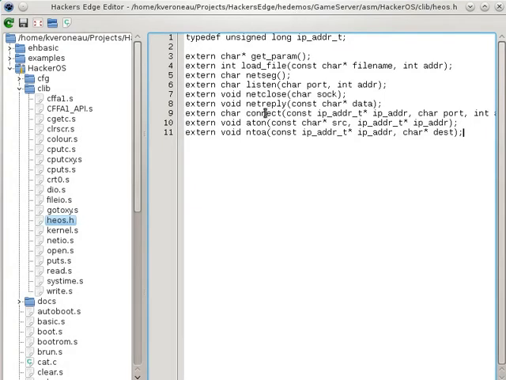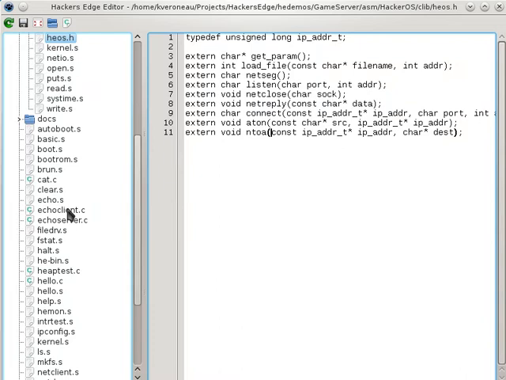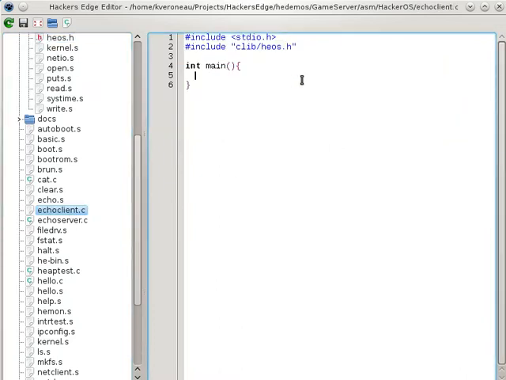now it's time to continue on to building the connect command here. So this one's going to be a bit more interesting as I have a couple more commands to go through here. So I'm going to go to echo client C. Okay, and then we need to go IP address T. There's going to be a pointer to our IP address. And then